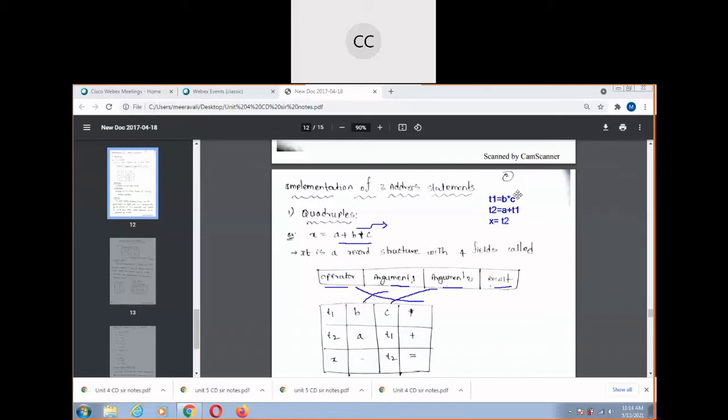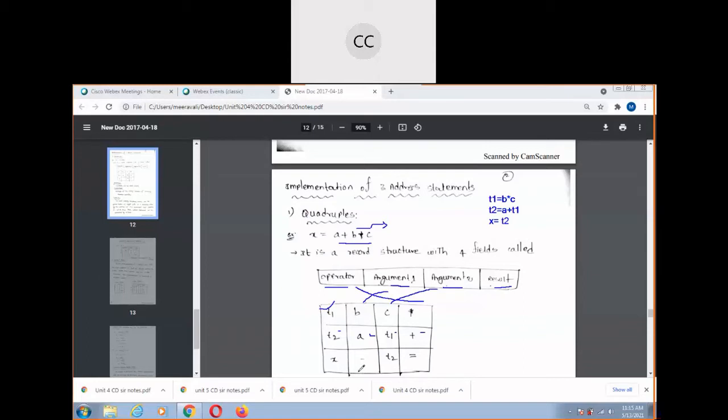First statement, T1 equal to B star C. What are the operands? Argument 1 is B, argument 2 is C, the operator is star, and the result is stored into T1. That's it. In the next statement, argument 1 is A, argument 2 is T1, the operator is plus, and T2 is the result I am storing.